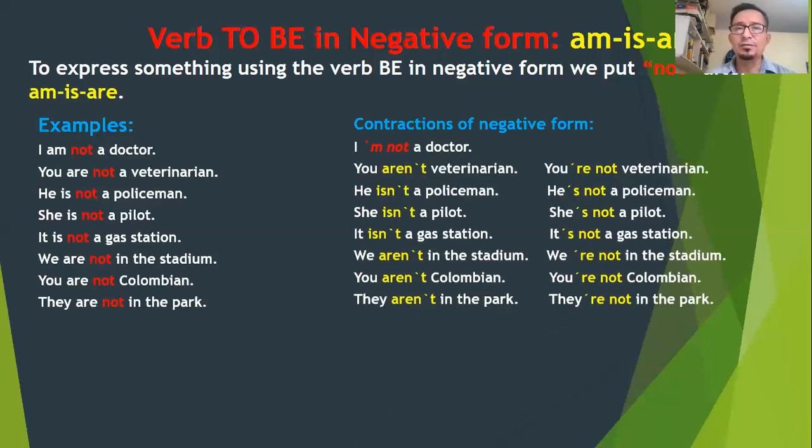So here we have the contraction form. Okay, in this case, each sentence is in contraction form. Okay, in this case, we put together the verb to be and the negation not. We delete the letter O and put an apostrophe between N and T. Entonces, por la forma contracta, dice que unimos el verbo to be con la negación y borramos la O y ponemos una coma en el apóstrofe entre la N y la T, como tenemos un ejemplo allí.